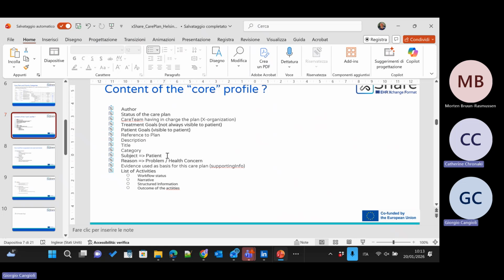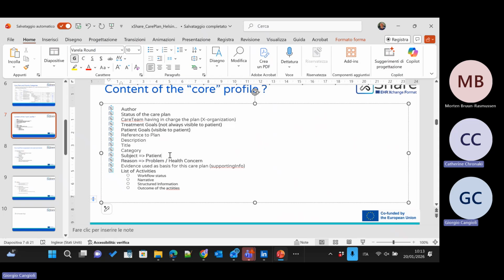Okay, so the subject is the patient. Of course, you need the inclusion criteria. Okay, so that's mandatory. Is the reason mandatory or not? The subject. Nothing is mandatory here. So can you create a care plan without a patient? Of course not.